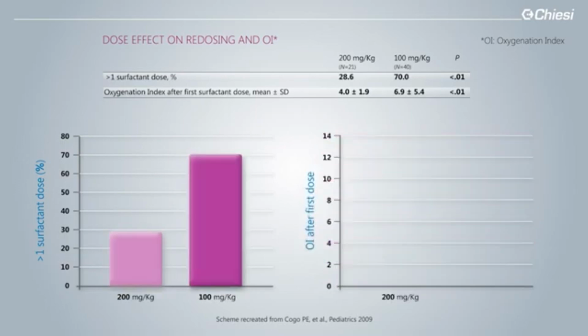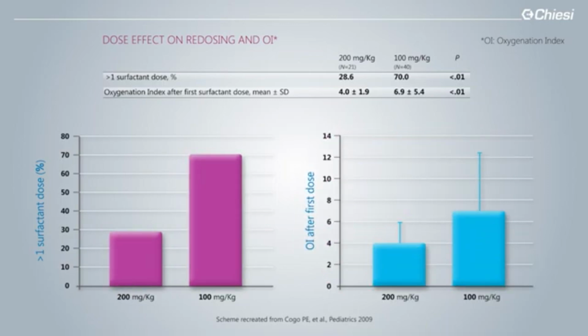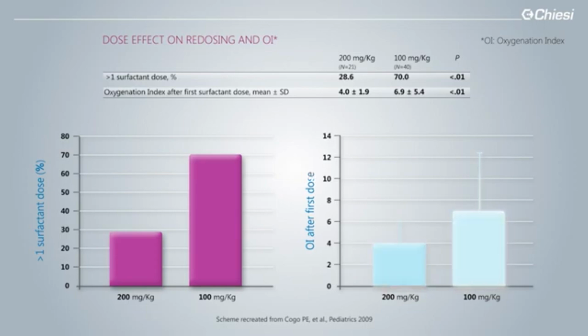And if you look at the OI, so the clinical severity of these babies, after having received 100 or 200 milligrams per kilo, well, you will see that the OI will be much higher compared to babies getting 200 milligrams per kilo, who are getting a much better oxygenation. So let's enter